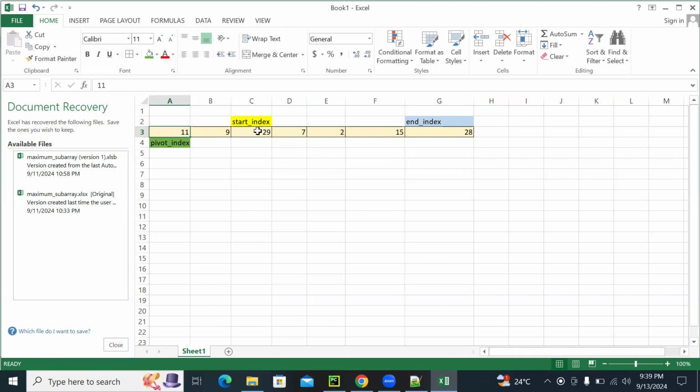So for the start index, we were seeing a number greater than the pivot number, but when we move the end index, we see a number less than the pivot number. So we took our journey from here to here. 28 itself is greater than 11, 15 is itself greater than 11, and 2 is something which is less than 11. So your start index